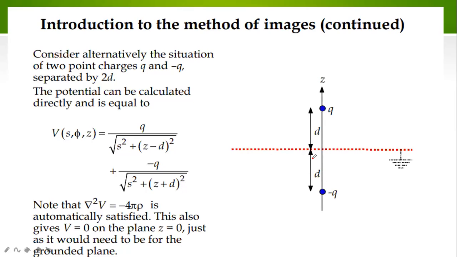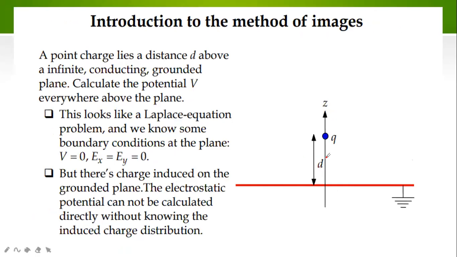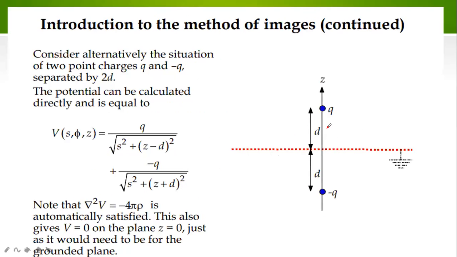So the previous problem is here. To solve these types of problems, we will make an image charge. Here is the original charge Q. We will put an image charge minus Q below this conducting plane. This was your problem, and to solve it you will make an image of this charge. This is the charge and this is the image of that charge. As the charge is situated at distance d above the plane, this image charge will also be